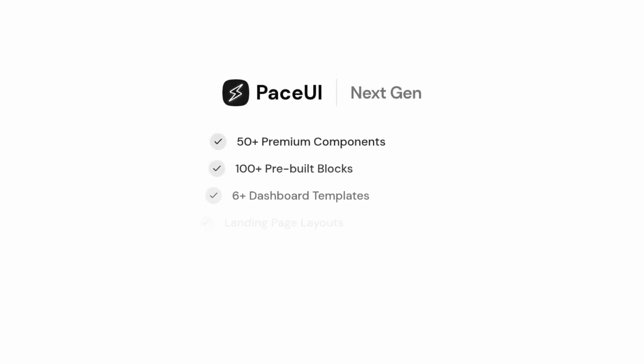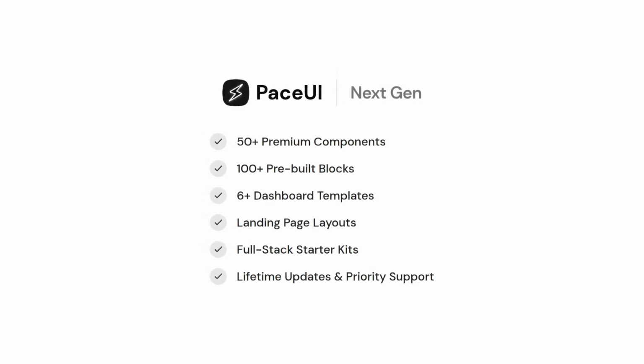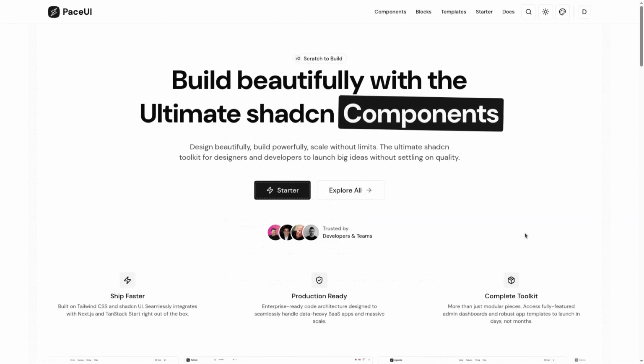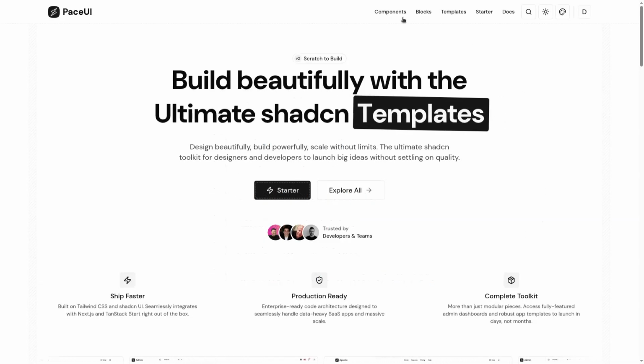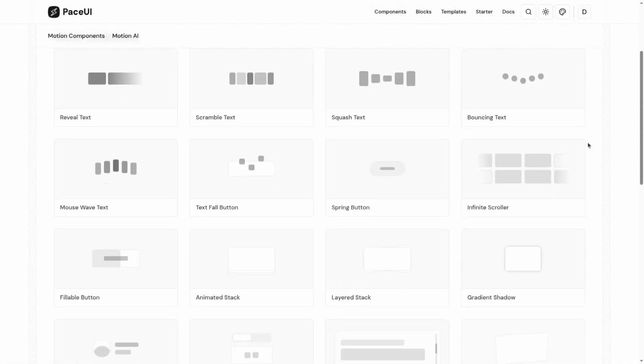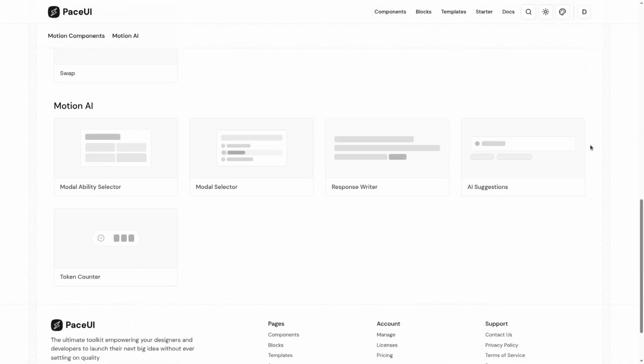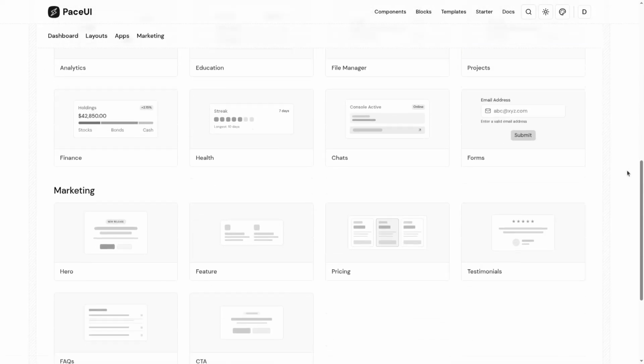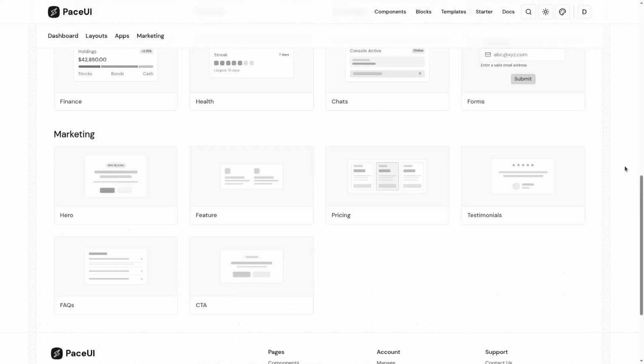Announcing PaceUI version 2. It's the absolute easiest way to build really clean modern designs using shadCN blocks. It comes with over 50 motion components, so your UI feels super smooth and interactive right out of the gate. To speed things up even more, we put together over 100 ready-to-use blocks for pretty much any use case you